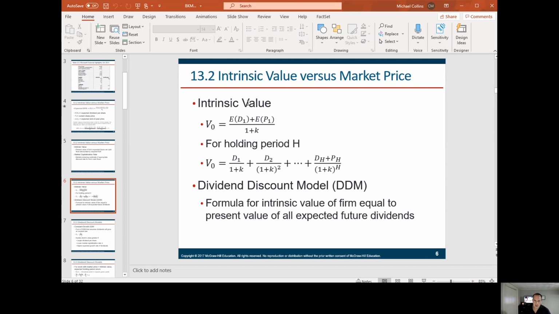Dividend discount model. I'm skipping the other two because intrinsic value and holding period return we just talked about. That's the formula for the intrinsic value of a firm equal to the present value of all the expected dividends. There are some stocks that don't pay dividends, and there's no perfect valuation model. But for a stock like General Mills or CVS that pay north of a 3% dividend, and you expect that dividend to be paid for the next 20 years, let me do the math right here. We'll do a little fun dividend discount model on my calculator.